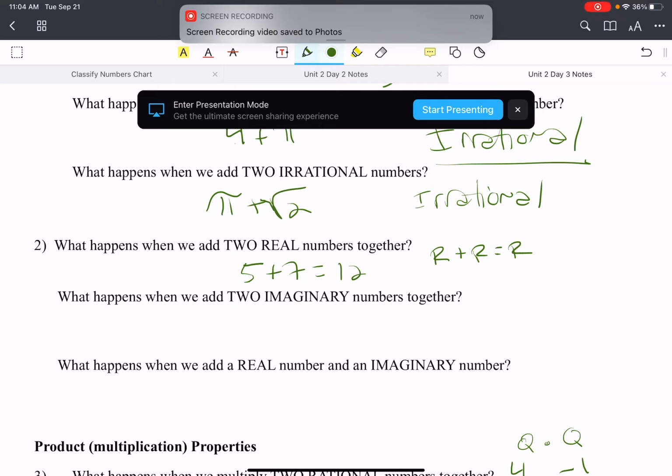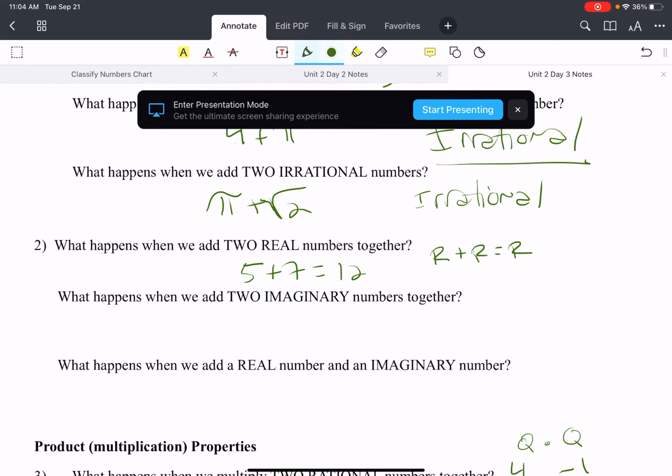I'm a real. Okay, give me an example of an imaginary number. I. Give me an example of another imaginary number. 2i. Okay, so if I add those two imaginary numbers together,